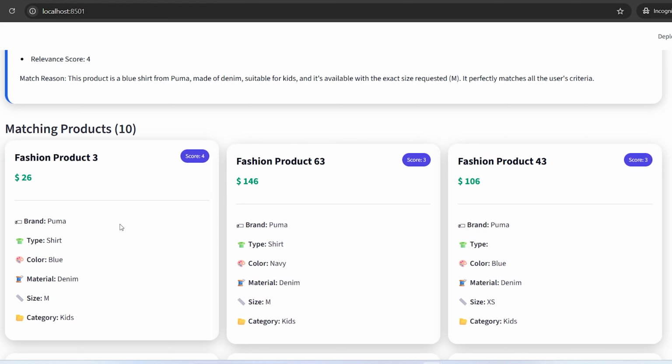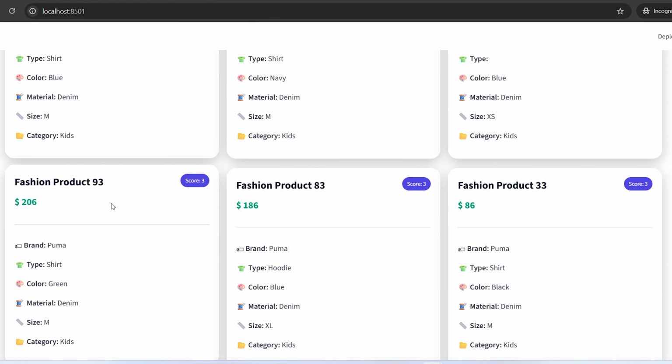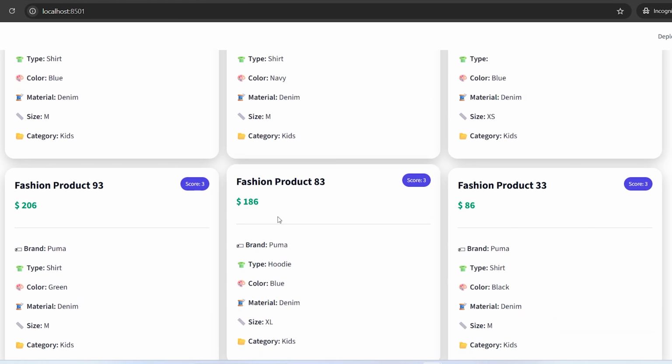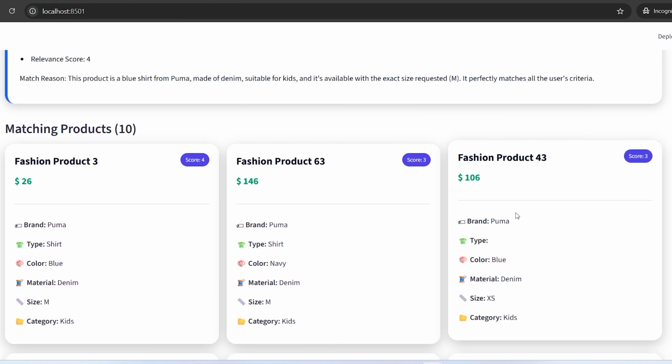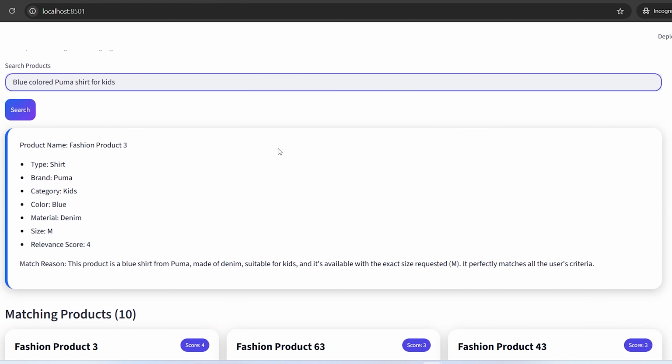Overall, this application provides reasonably accurate and structured results by combining semantic search, graph retrieval, and LLM-based response generation. It is important to note that this application does not guarantee 100% accurate results. The quality of the results depends on factors such as data available in the graph, the embedding model being used, and the retrieval strategy. However, it is capable of providing reasonably relevant and structured answers for this dataset. This demonstrates how we can build a simple GraphRag application using Neo4j and Ollama without relying on OpenAI APIs